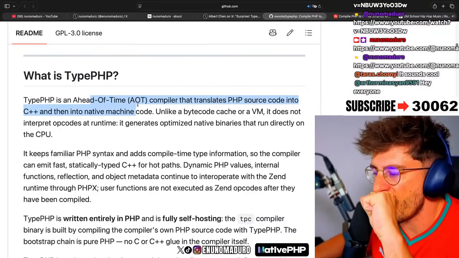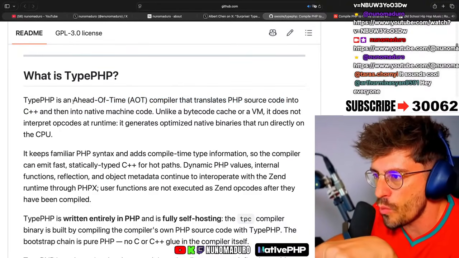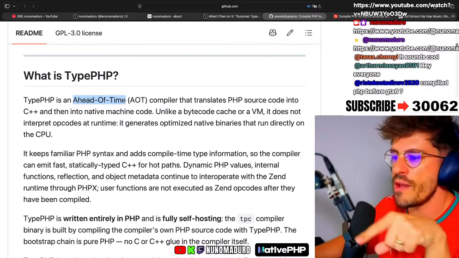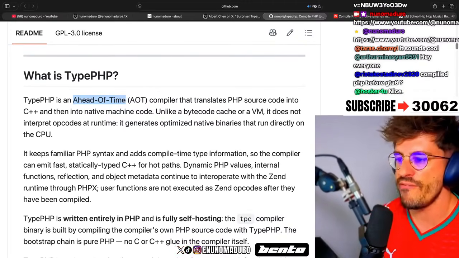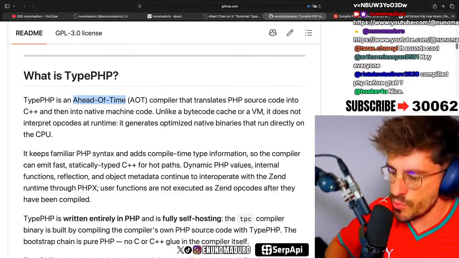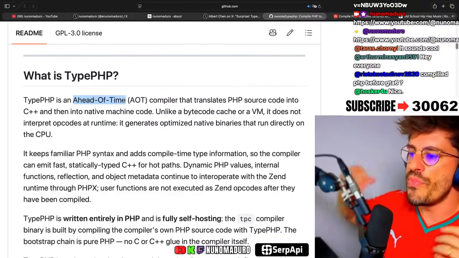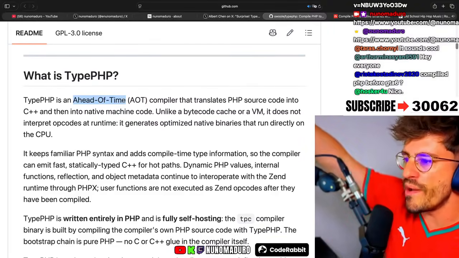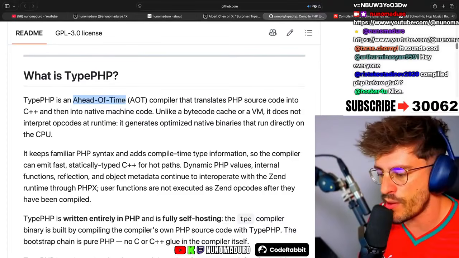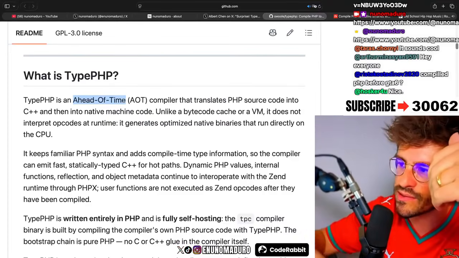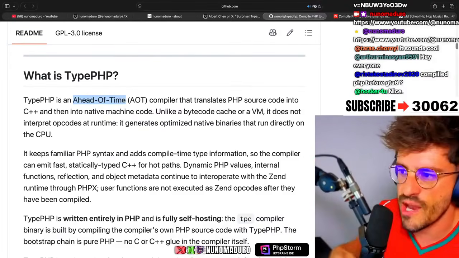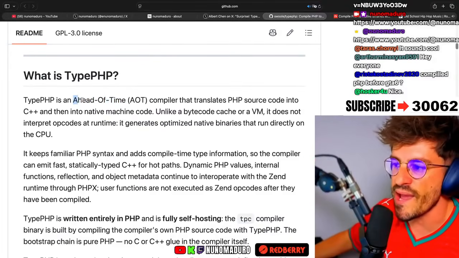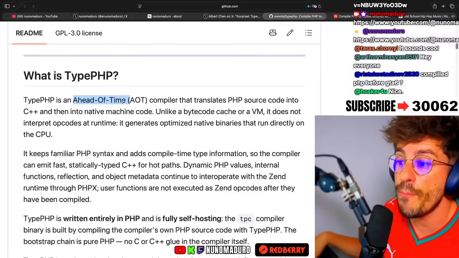TypePHP is an ahead-of-time compiler that translates to PHP source. All right, so first of all, what is ahead-of-time? Ahead-of-time is the opposite of just-in-time, meaning the following. When you have a just-in-time compiler, the compiler will process your change when the request comes. So imagine you are coming with a request, and the just-in-time compiler will compile the code at the exact time the request arrives. TypePHP is an ahead-of-time compiler, meaning that you have to compile your code